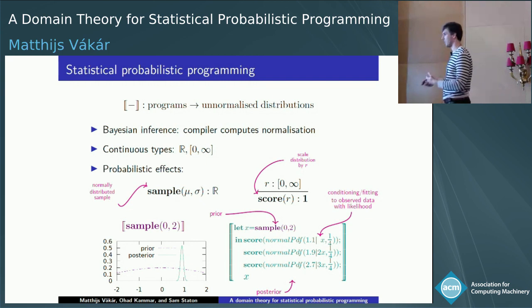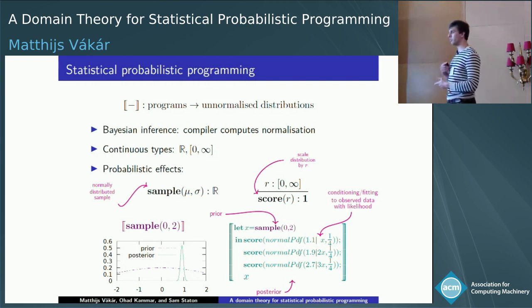But it turns out that if you look at the language features we find in the actual languages, this hand-wavy story about distributions takes quite a lot of effort to make precise. And that's what this paper is about, making that precise. So what sort of language features do we find in these languages? Well, first of all, we have continuous data types. And this is immediately obvious because even simple statistical models include normal distributions or other continuous distributions. So that off the bat makes the math a whole lot harder.